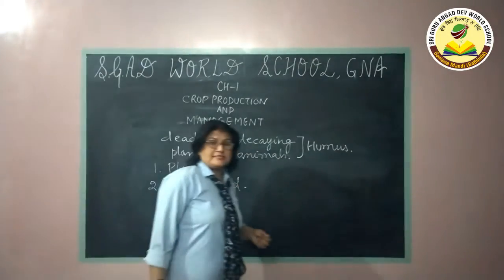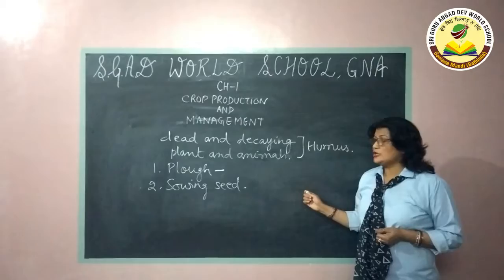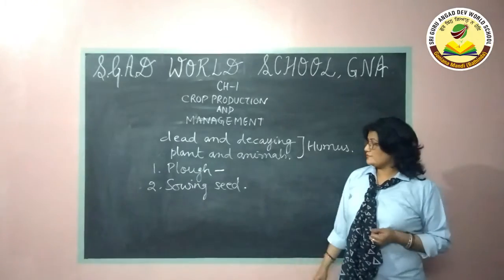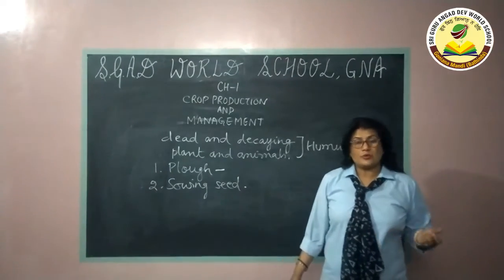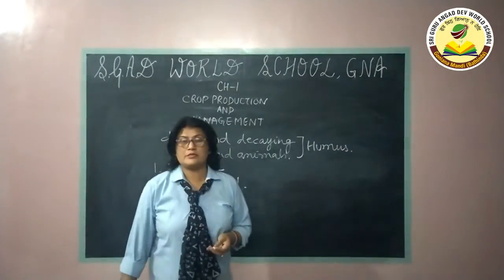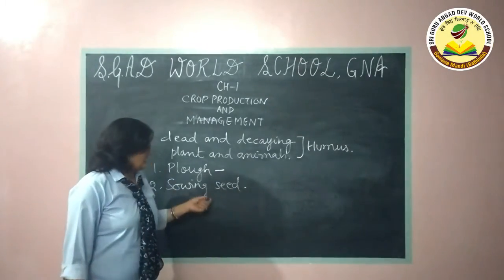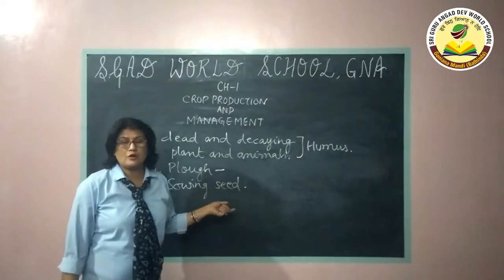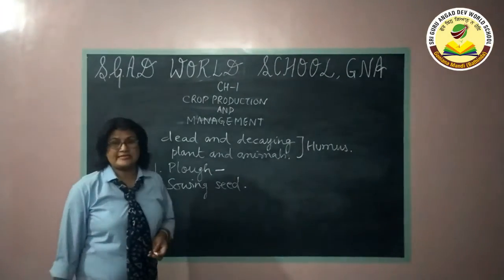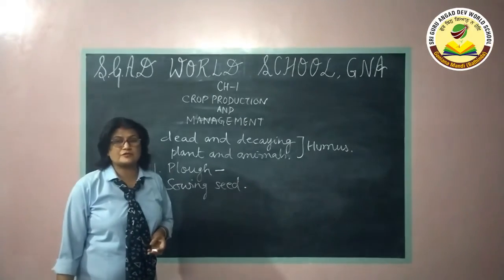As you know, a better seed can give a better production in the crop field. To judge the viability of a seed, we can do a small test. Take a bowl, fill it with water and put some seeds you want to sow in your field, and rest it for a few hours. You will see some seeds settled at the bottom of the bowl and some floating above the surface of the water.